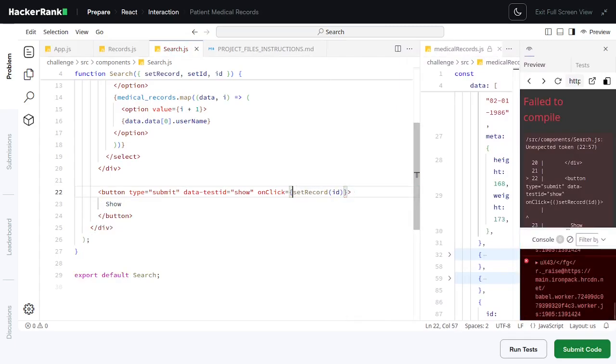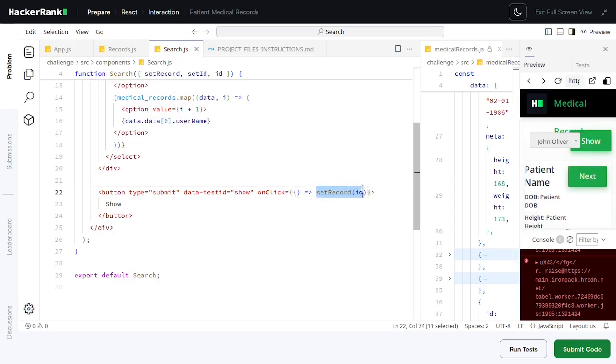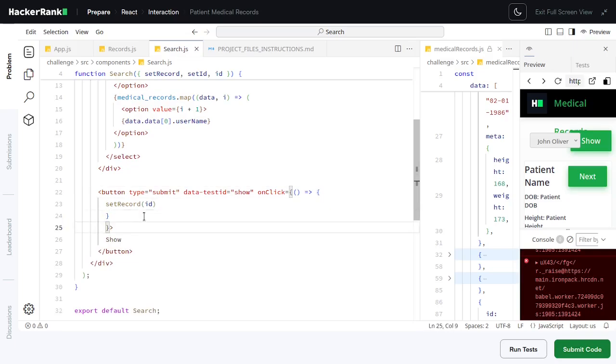We pass in the anonymous function, and then using the arrow function that takes the set record of the parameter ID and then wrap it inside the curly brackets right here. So let's make this easier to see. Maybe this is the problem all along,